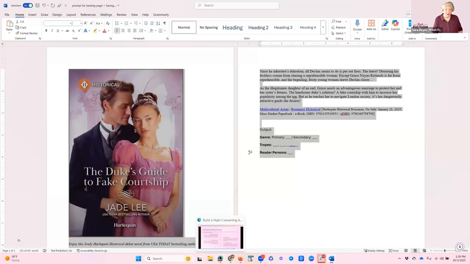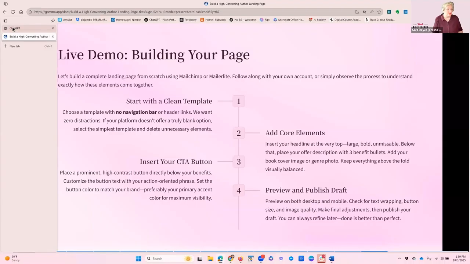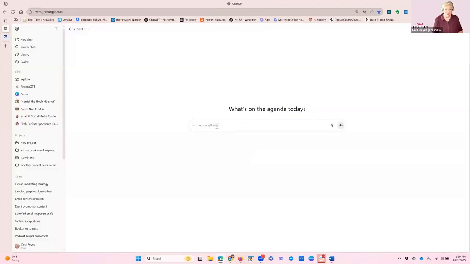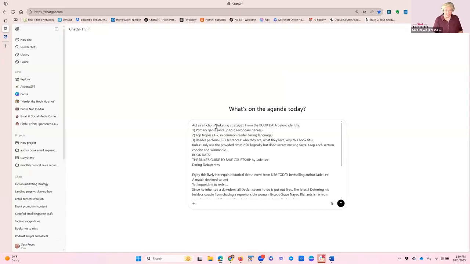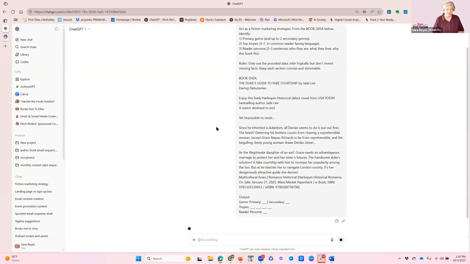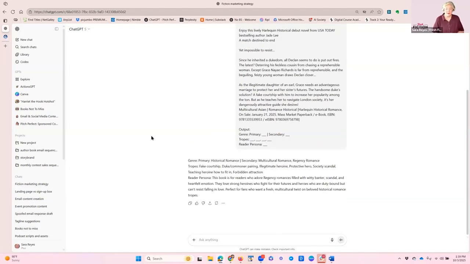And I now go over into, I know that you love this, guys, my ChatGPT. And I stick it in right there. And I hit enter. And it starts to talk to me. It says the primary genre is historical romance, secondary is multicultural romance, and it's a Regency romance. So it's actually a more distinct genre. The tropes are fake courtship, Duke Commodore pairing, illegitimate heroine, protective hero, social scandal, teaching the heroine how to fit in,